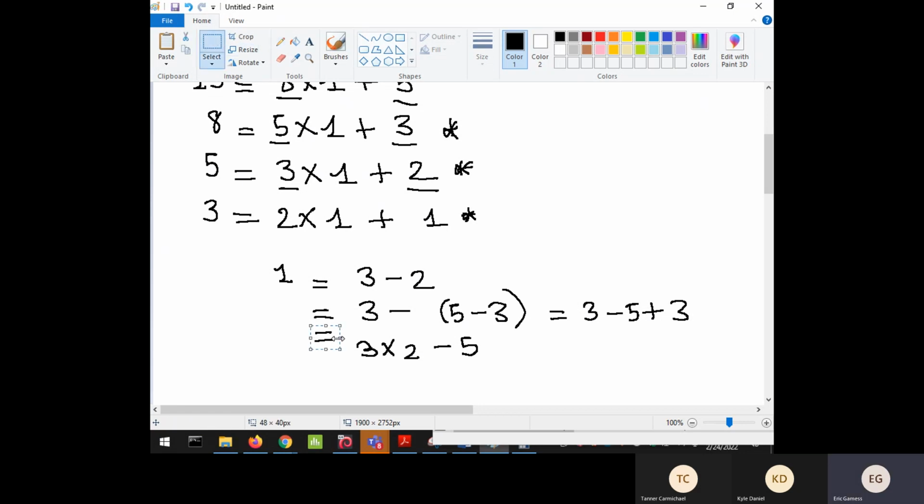I don't like the equal here. I like it in front of it. So let me put it in front of it. Okay, let's replace the 3. So 3 is 8 minus 5. So 8 minus 5